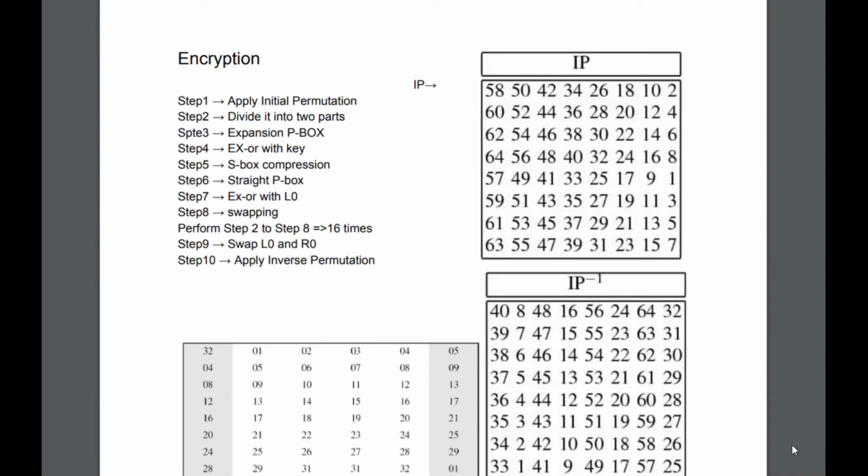Now, let's start encryption of the plaintext. There are a total of 10 steps in encryption. First is to apply the initial permutation. Second is to divide it into two parts. The third step is to take the right part as an input of an expansion P box. Then XOR the result with the key. Then the result from step 4 will be passed to the compression S box. Then it will pass to the straight P box, and at last, step 7, XOR with L0 and store it